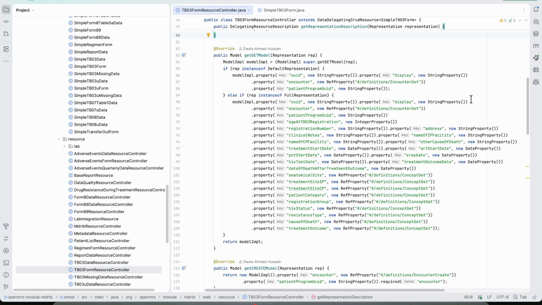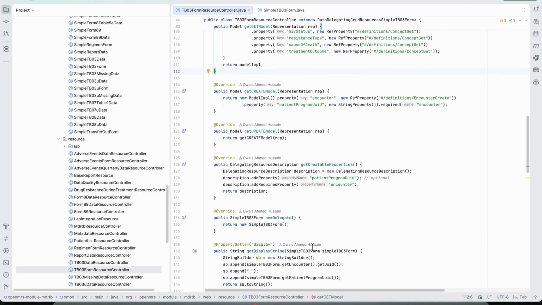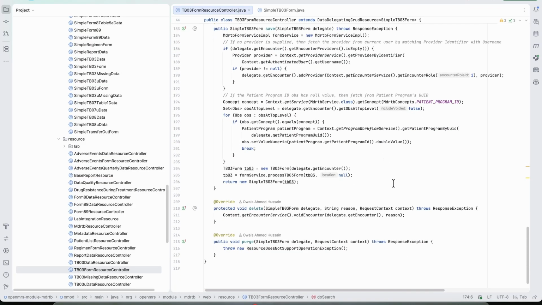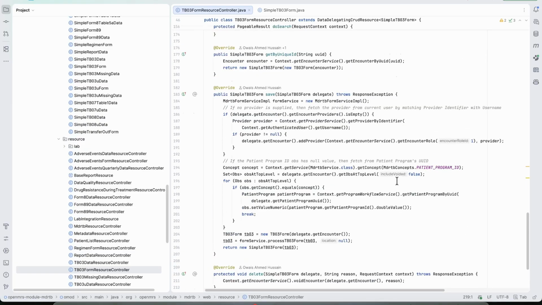Now, how those observations are being treated, that's a whole different story. You have to literally pick every concept and understand how it's being used in the module if you want to make any change. So let's go ahead, and it's actually not as difficult as it may sound. If you worked on one form, then you have covered pretty much 90% of the module. It's just understanding the flow of one form, that's the trouble. So let's go through